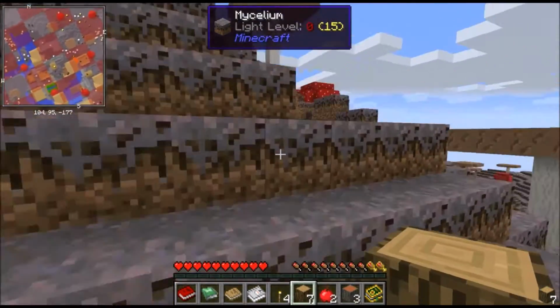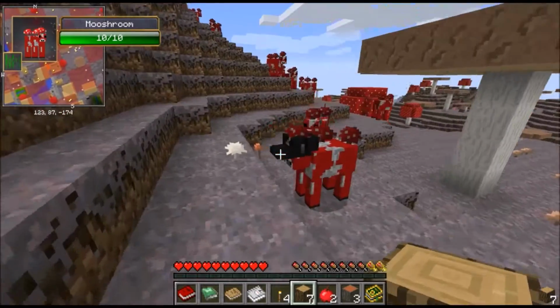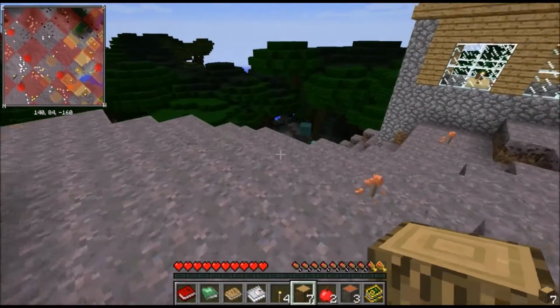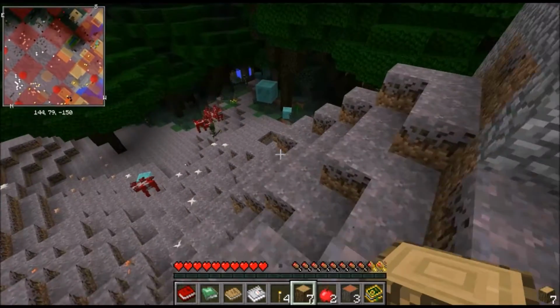We're going to need some trees at some point. So, ooh, we got dark oak over there. I'm fine with that. We got plenty of mushrooms, and like I said in my last video, that's interesting, there being blue slimes over here. I'm totally gonna...